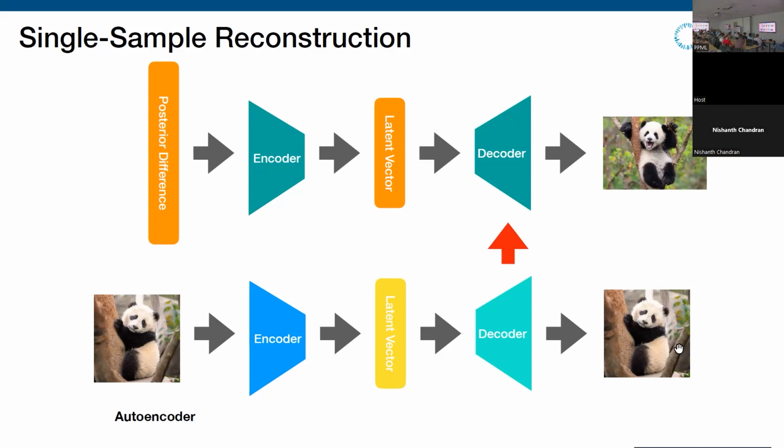Are you using the 100 samples as one sample for this reconstruction? Yes, because using one sample doesn't work. Okay, the problem set needs to be bigger. Thank you. So that model gives you more information.